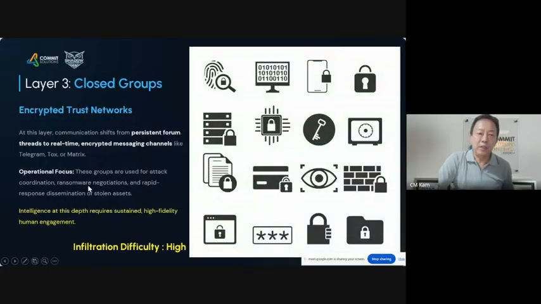Then we come to layer 3. This is quite a deep area. It's a persistent forum. Normally, in this area, a lot of things actually do happen. Right? They are actually group discussions. These are like attackers' group forums where they are actually planning an attack. Right? So information in this group is of very high value. Infiltration is very difficult here. Again, it must be by invitation, or people that you must know.